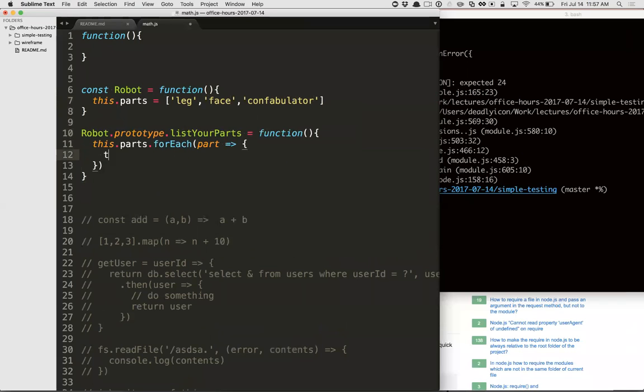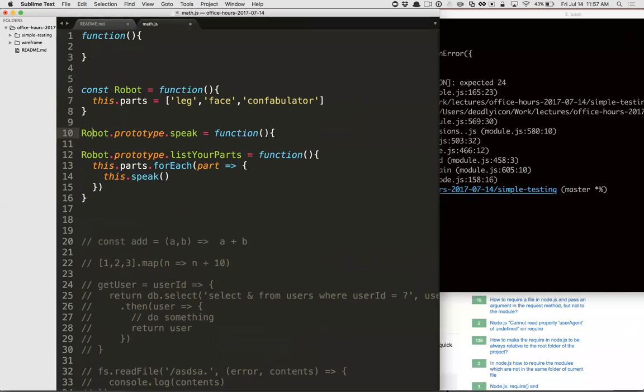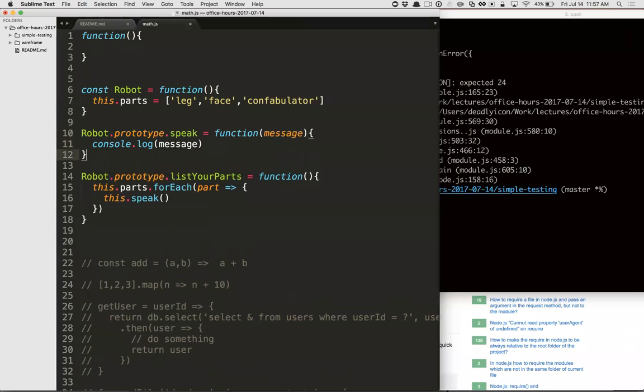So instead of console logging, I'm actually going to say this.speak, because the robot needs a speak function, right? And we'll just do this to illustrate that. Okay, so here we have the use of the classic function. Here is the classic function, but here we're using the arrow function, right?